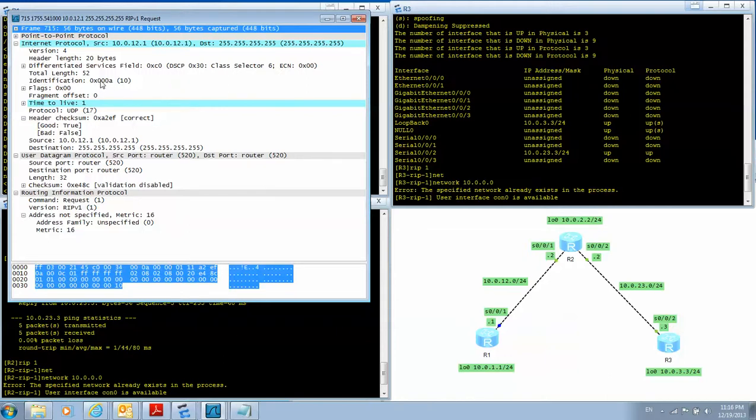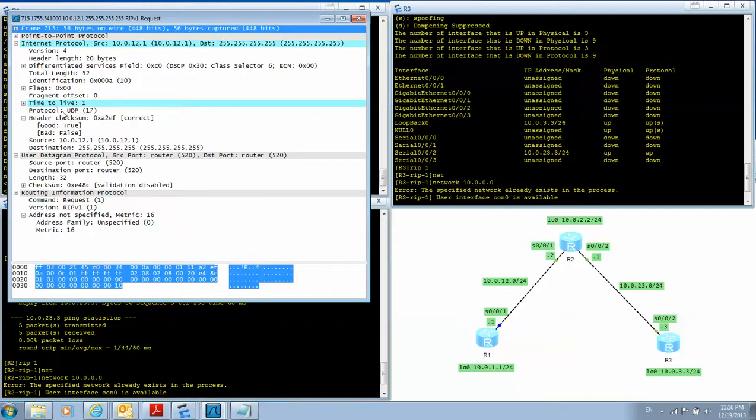That's the first packet R1 sent out. It basically says RIP version 1 request, which means it will broadcast to say I'm running RIP. So the source is for sure the local interface 10.0.12.1. RIP version 1 uses broadcast as the destination,